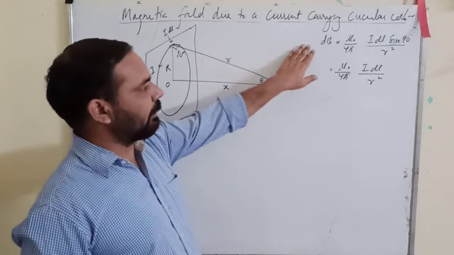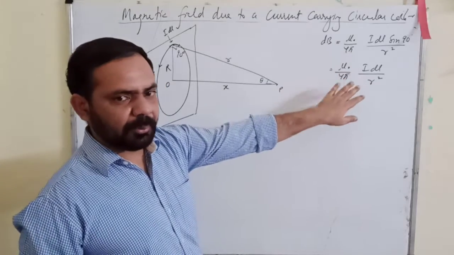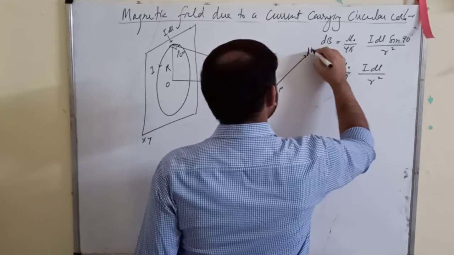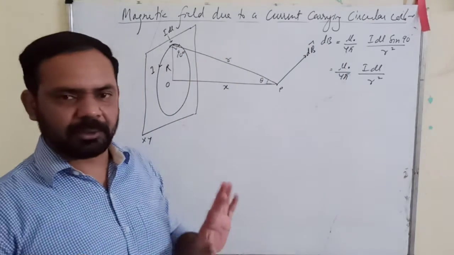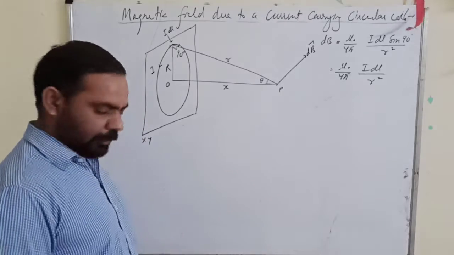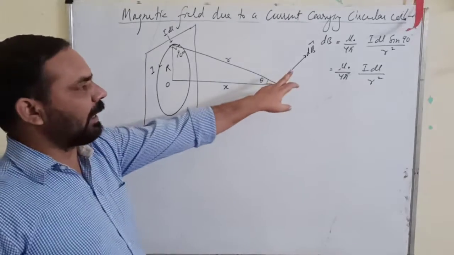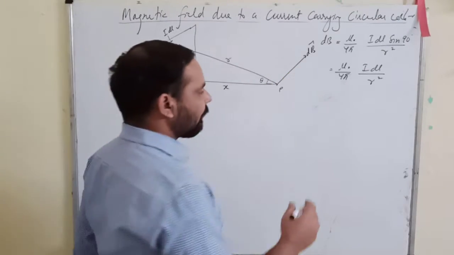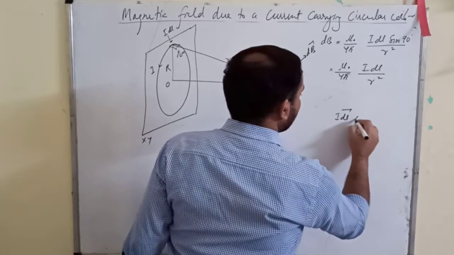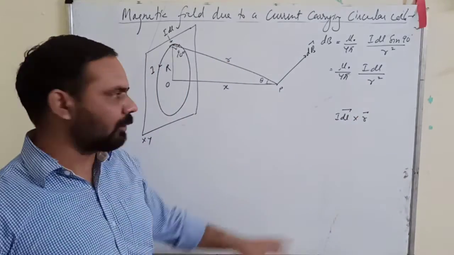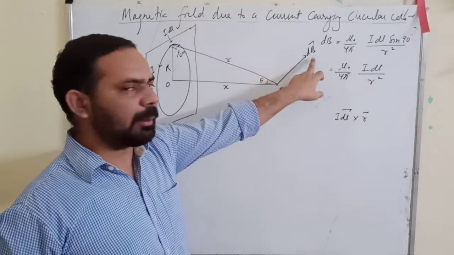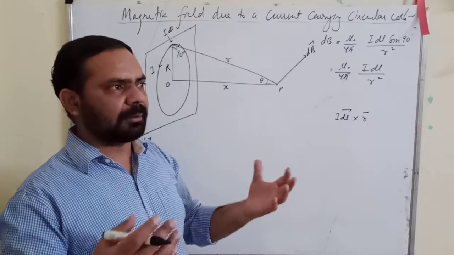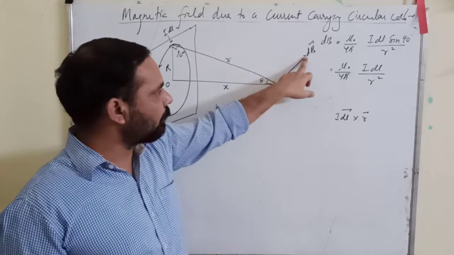Okay, so we have here dB equals mu naught upon 4 pi I dL upon r square. Now what is the direction of dB? dB is having some direction. Now we will find out that direction. Now we know that this magnetic field, its direction is given by I dL vector cross r vector. I dL vector cross r vector gives you the direction of dB vector. Now this dB vector, as per the direction of the cross product vector, it has to be perpendicular